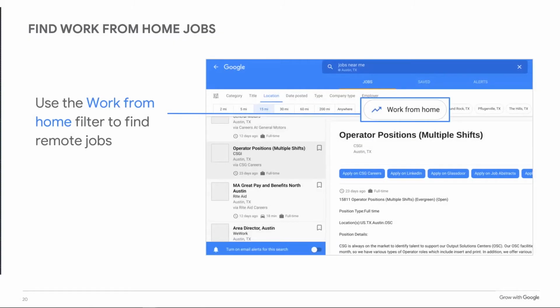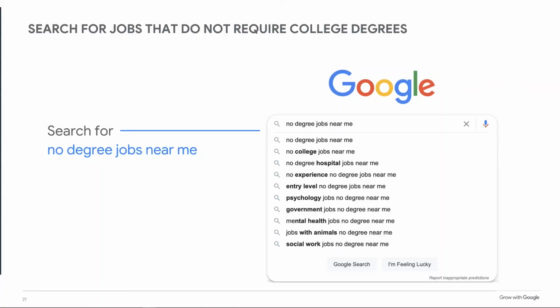The other cool thing that they have added that I love, especially for those that have completed the ROI program, is the work from home option. Filtering for work from home, these are companies that have very specifically stated that these jobs are available on a work from home basis. It'll bring those jobs to you so that you can search through those, because that is becoming a more popular option as we move through 2022, as studies have shown.